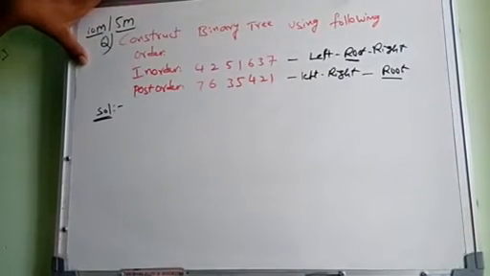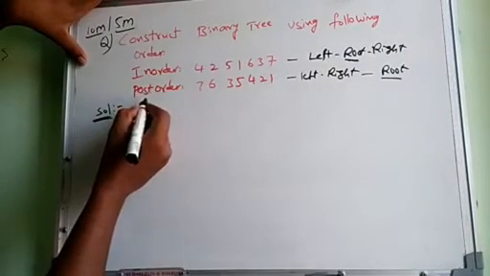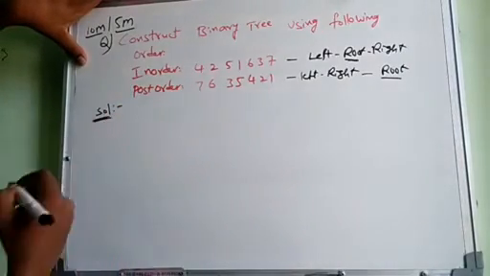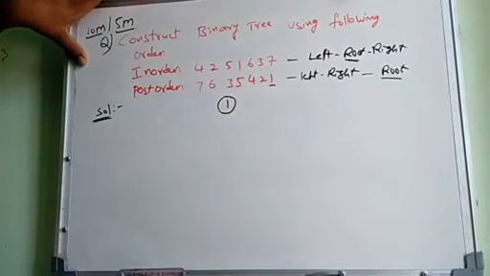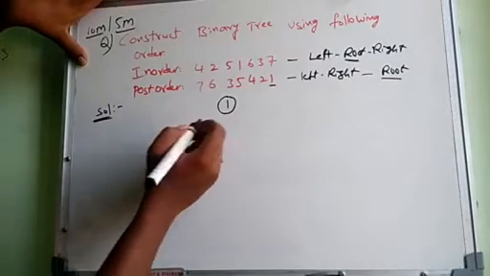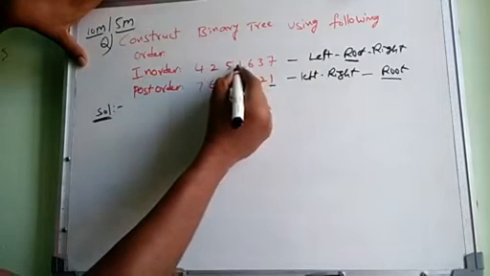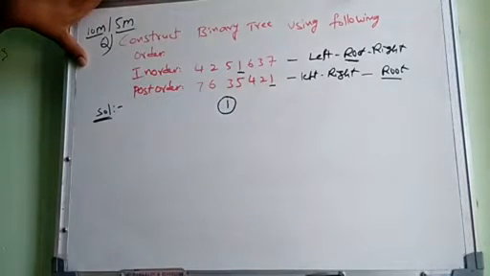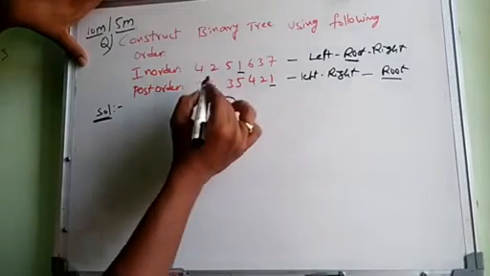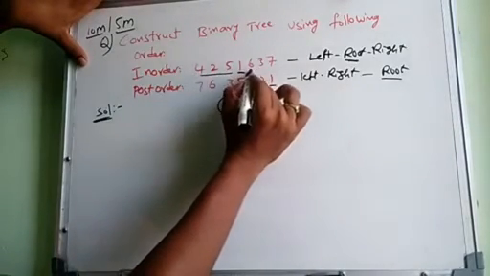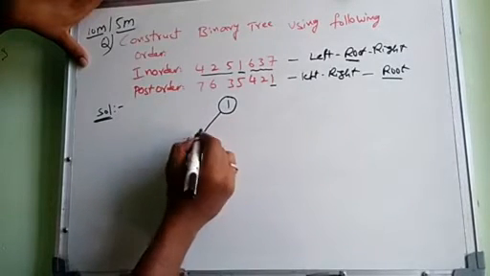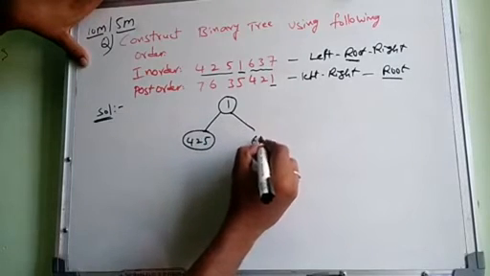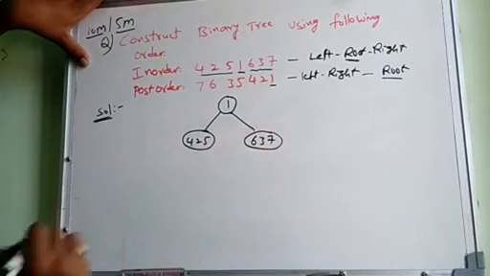So take this example. Post-order is read from right to left. So what is the rightmost? 1. So that 1 acts as the root. Then to find the children of 1, go to in-order. First mark the root, it is already visited. So from the 1, the nodes present at the leftmost and rightmost will be the children of 1: 4, 2, 5 and 6, 3, 7. Okay, that's clear.